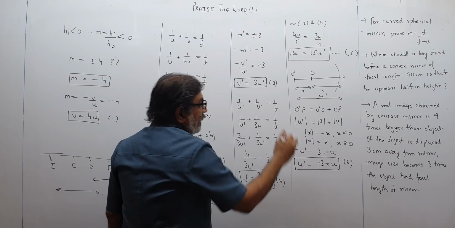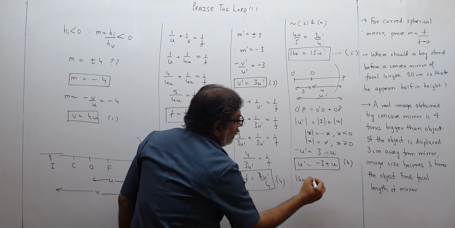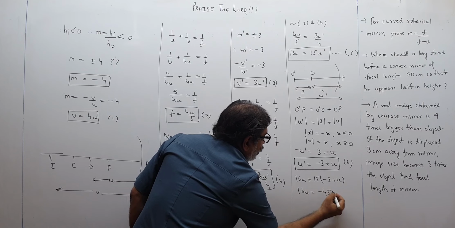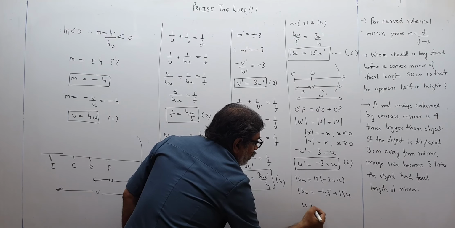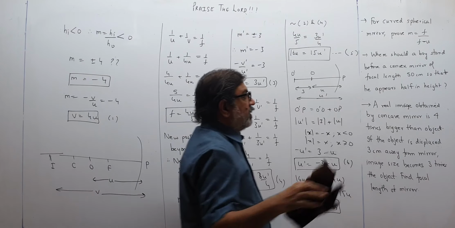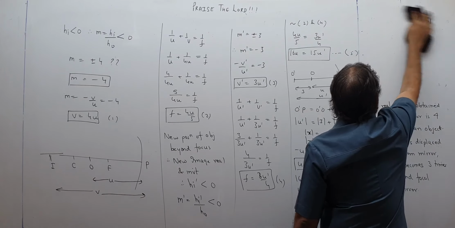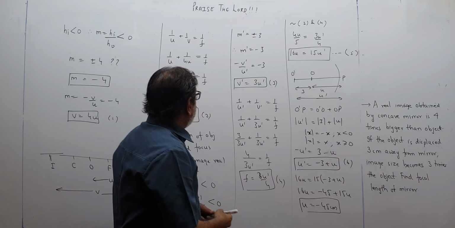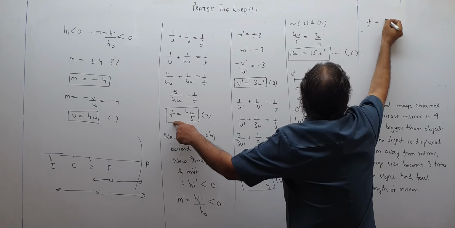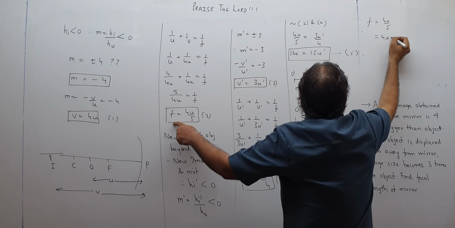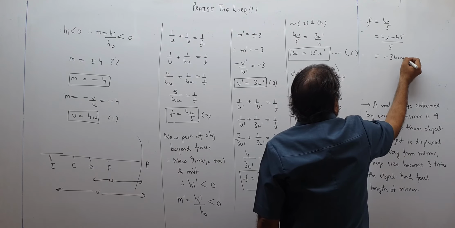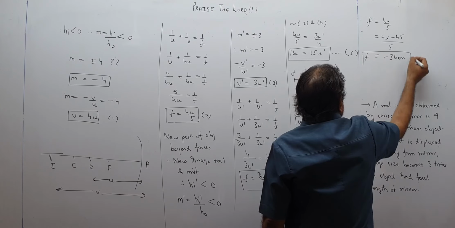अब इस 6 को 5 में यूज कर लें, 16u becomes equal to 15 into minus 3 plus u. तो 16u is equal to minus 45 plus 15u, तो u मेरे पास minus 45 सेंटीमीटर आ गया. ये ओल्ड ऑब्जेक्ट डिस्टेंस था. u आ चुका है, f is 4u upon 5, 4 into minus 45 upon 5, 5 ones are 5, 9s are 45, तो minus 36 centimeter. This is the focal length of the mirror, like this.